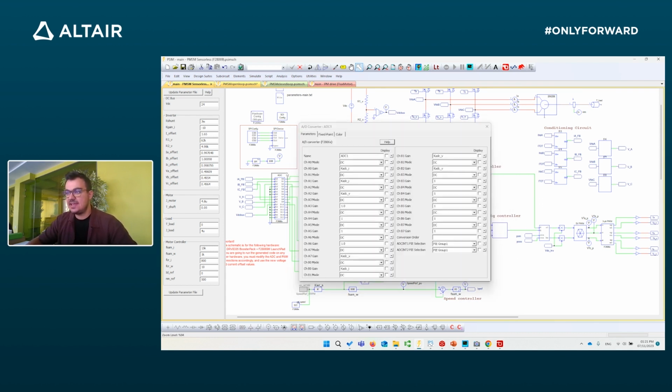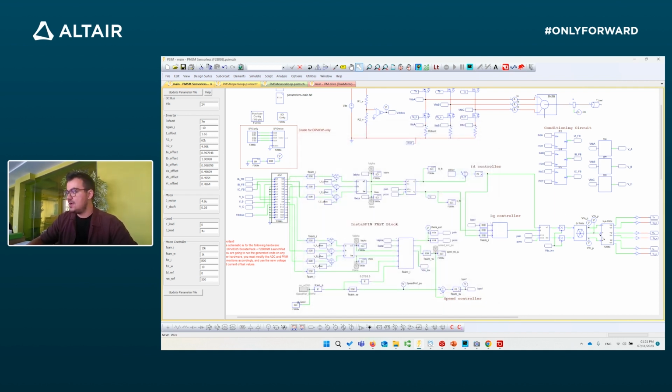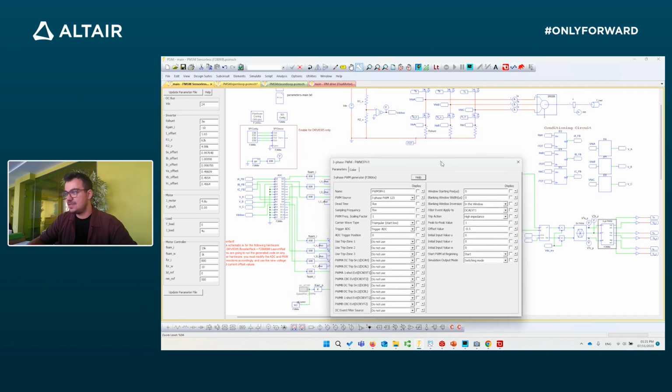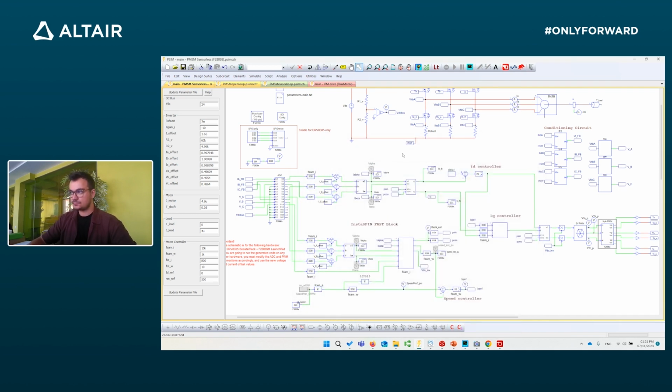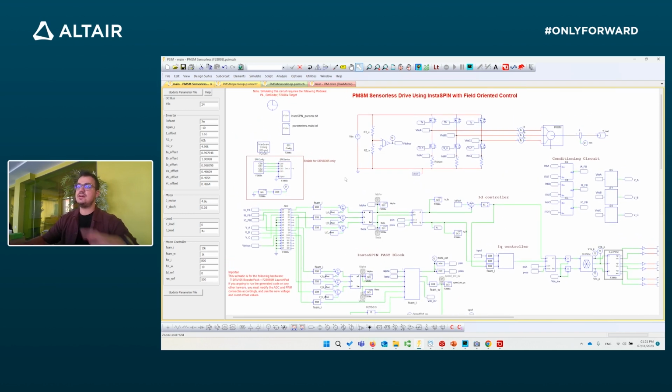There is a dedicated block for the ADCs to read the feedback for the control, and of course the three-phase PWM for the control. I was actually working on this to fine-tune the system because I was able to generate some code out of it, but the motor would be very loud. So I went and changed the gains here a little bit. And now, if I turn on the camera